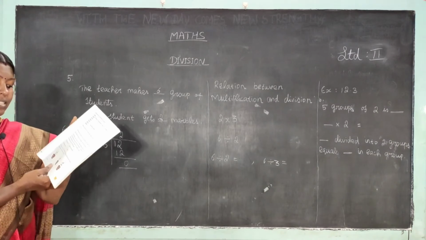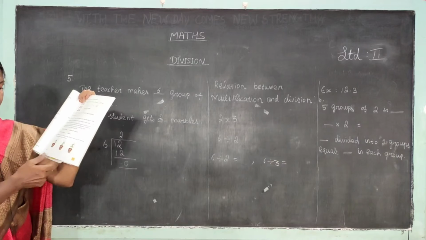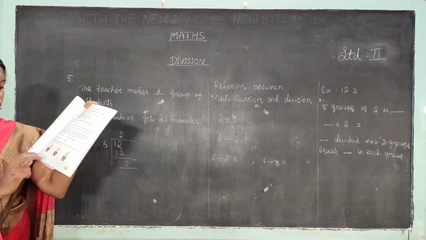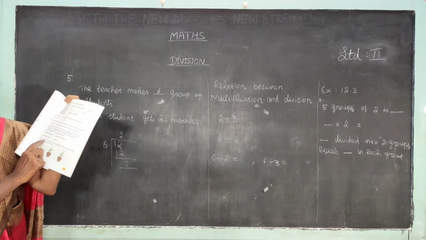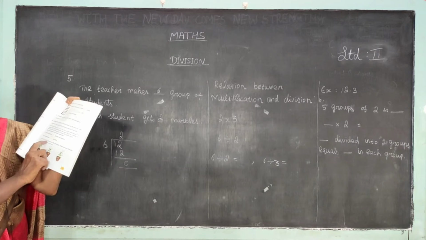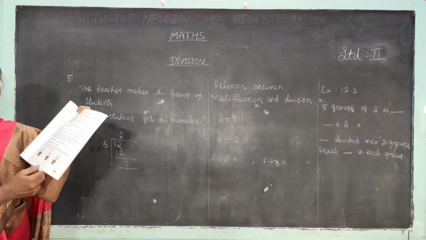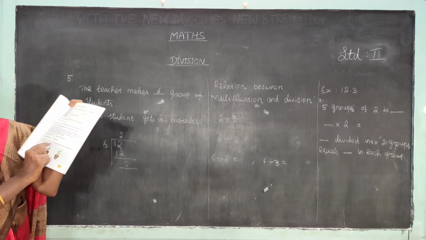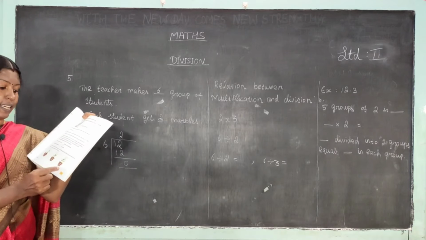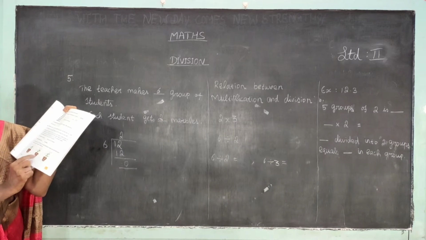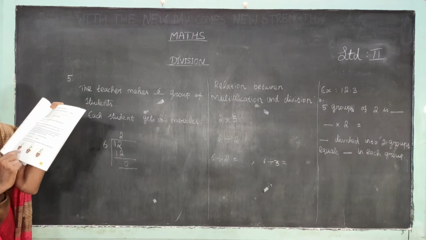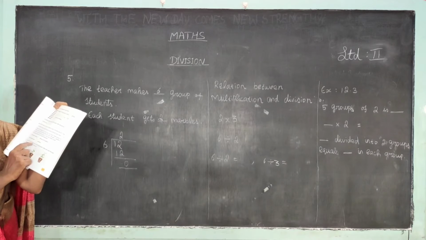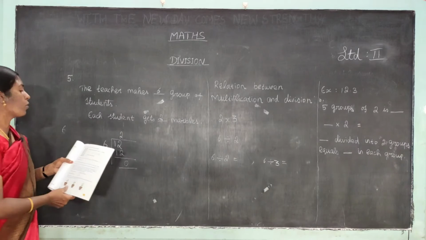Next, see this 6th one, beautiful pots, and we are going to draw flowers on the pots, whatever color you like. Draw a total of 12 flowers on the flower pots. Make sure each flower pot has an equal number of flowers. How many pots are there? 1, 2, 3. The number of pots is 3, and here you see a total of 12 flowers.